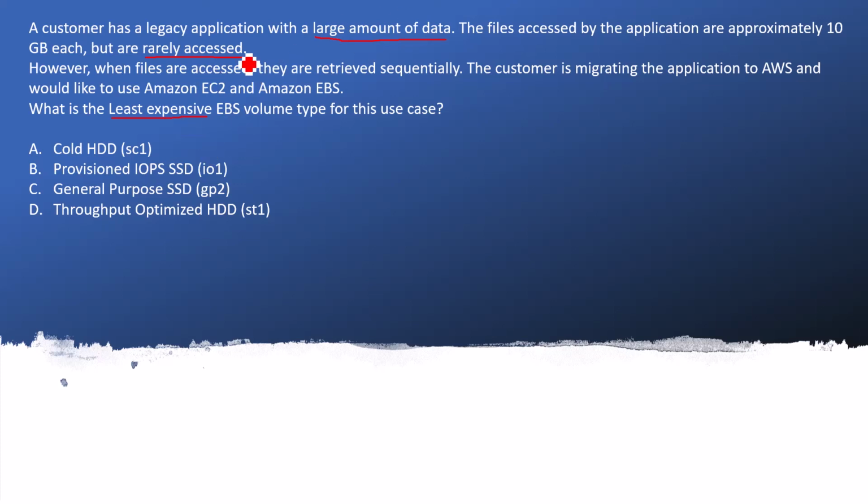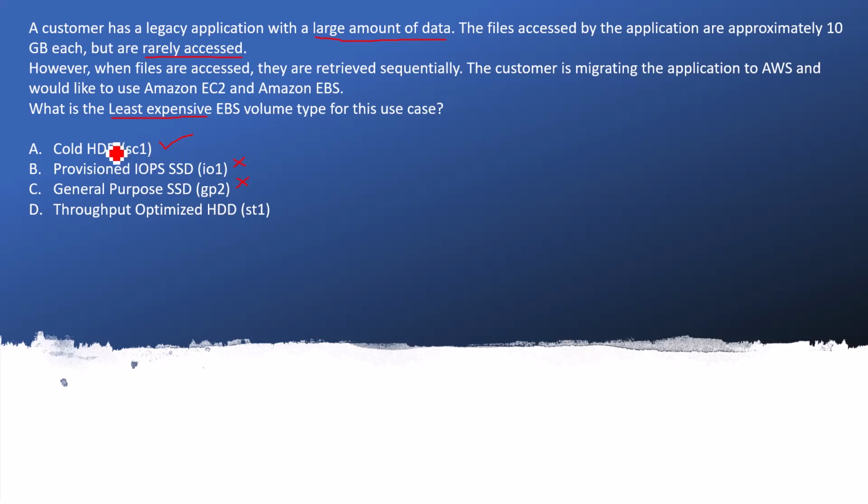So dealing with a large amount of data that is rarely accessed, we should not go for Provisioned IOPS or General Purpose SSD. The reason is that they are the most expensive, and this kind of EBS volume is not useful if you are extracting some data from a large data set and doing some analysis or ETL kind of work, because they are not cost effective. The Cold HDD is the least expensive here, and it is very useful when you are going to access a huge amount of data rarely, as well as being the most cost effective.